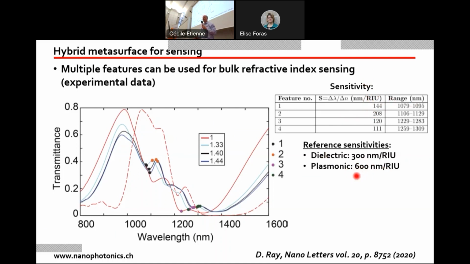times better. At 3 times the value, 600 nanometer, we only have 200 nanometers. So it's much more sensitive. The feature will shift much more than in the case of our complicated system. And for dielectric cavity, you can have something like 300. So that was disappointing. Nonetheless, we went back to our numerical simulation and we tried to understand why it was